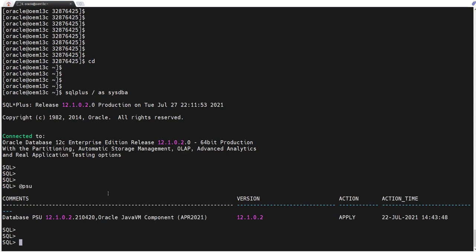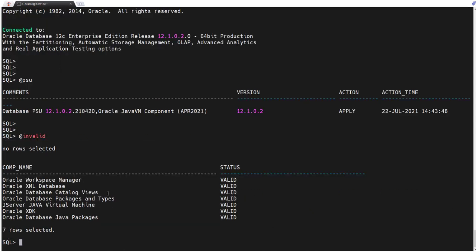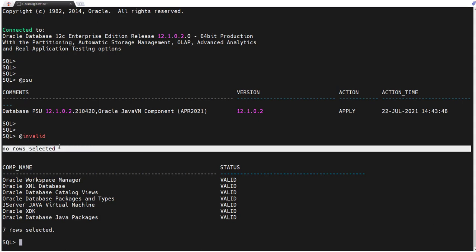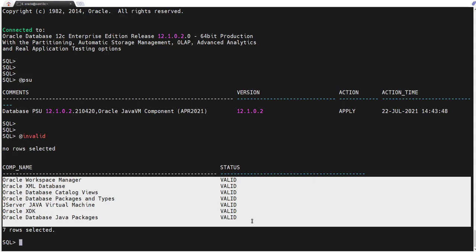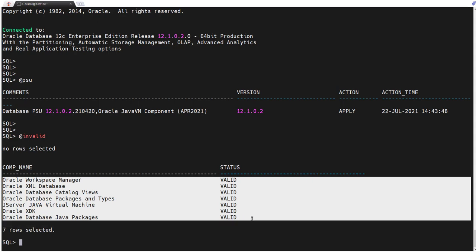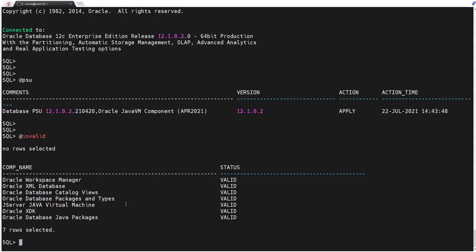Now let's check if there is any invalid component. There is no invalid object, no invalid component. All components are valid. So now we have the reference of the existing database. Everything is fine, everything is clean.